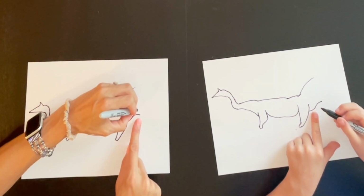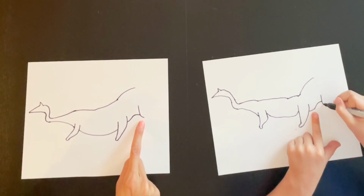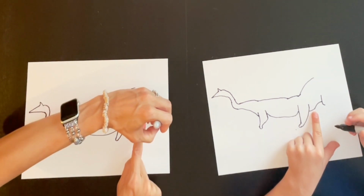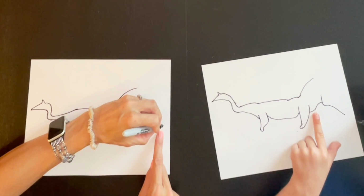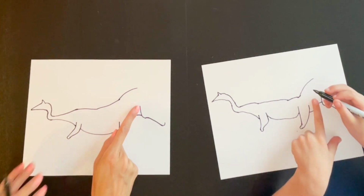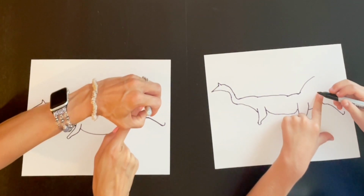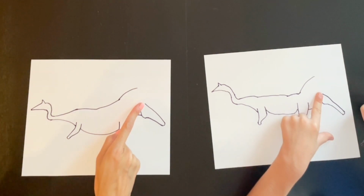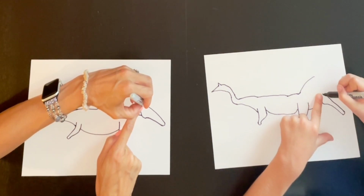Now starting above that line, we're going to make a line that comes down and just curves over a little bit. Good. Now from there, we're going to make it come over and down diagonal, a nice long diagonal. At the bottom, we're going to make a little U that just curves over and up. Good. Now let's use our finger to come over here to the top of this line. And not quite touching, we're going to draw a line that goes diagonal down to connect right here. Good. From that same spot, right where our finger is, we're going to make a diagonal that goes out and up,